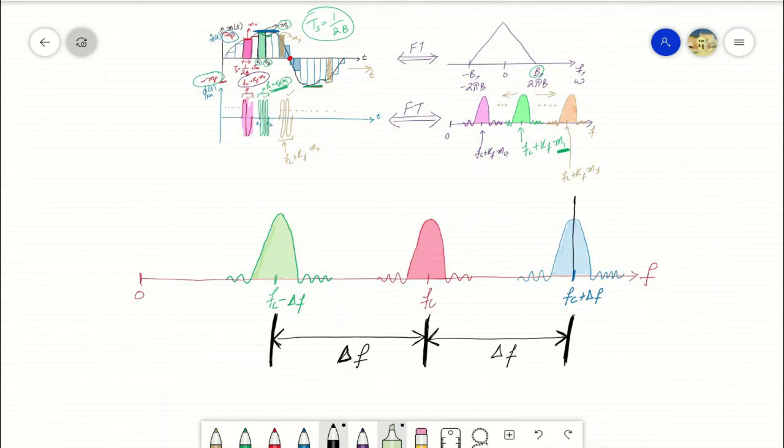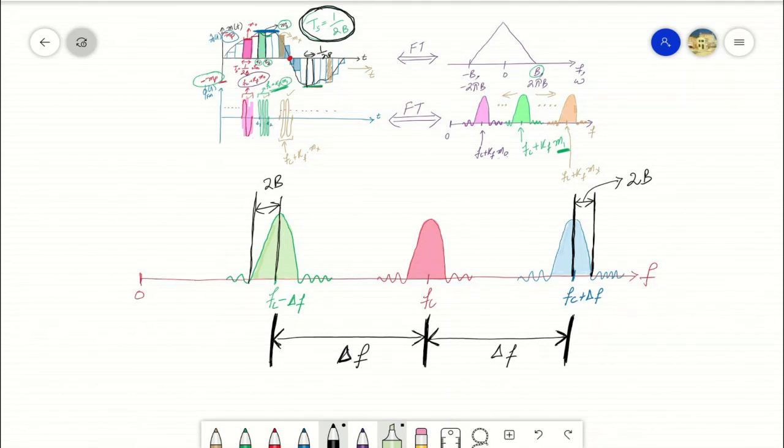While for the time instances when this sinc will be positioned at Fc minus delta f, the first zero occurrence of this sinc will be inversely proportional to the span of a certain block, which was equal to 1 over 2b. Similarly, the band from Fc minus delta f to the first zero crossing of this sinc positioned at Fc minus delta f will be equal to 2b. This is true if the span of a certain block is set as 1 over 2b.